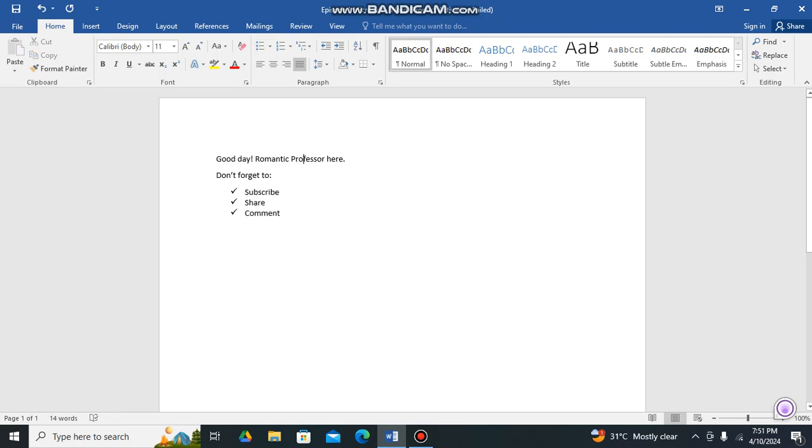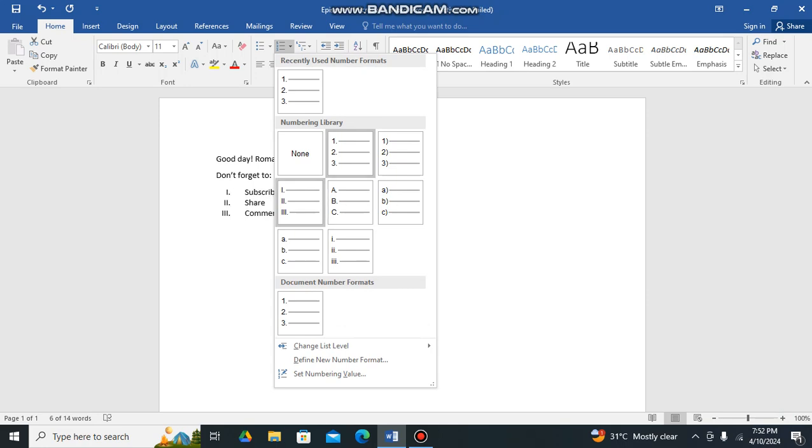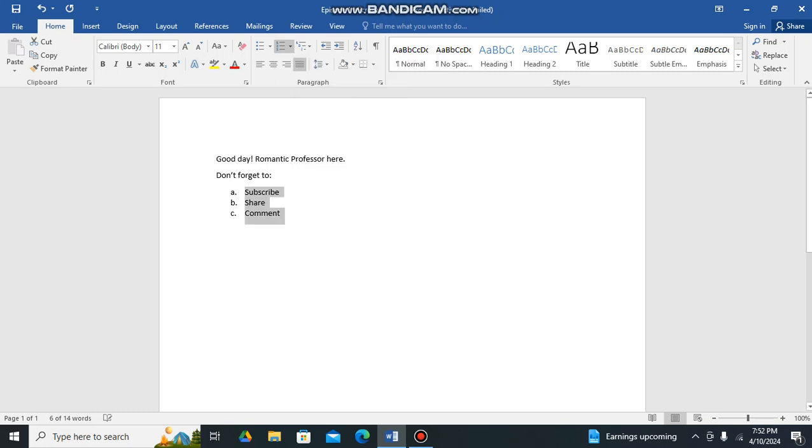Or we can also do numbering. We can create a numbered list here. Okay, 1 to 3, or we have different options for how to number it. We can have it in Roman numerals, in capital letters, in small letters, or in Roman numerals once again. So we have options. Let's say we want it in letters, like so. This is how we do the numbering. Or we do the numbered list.